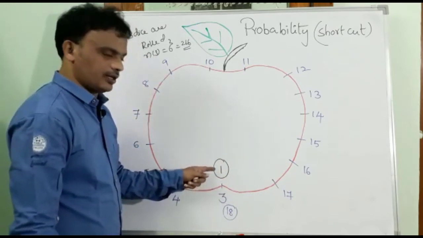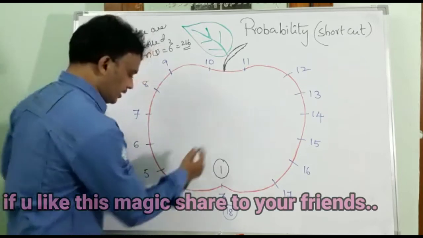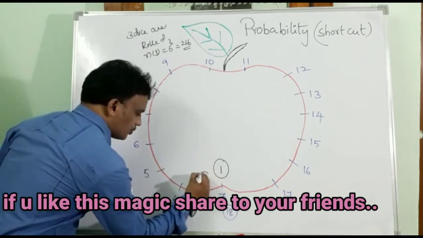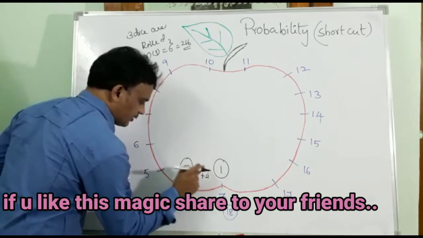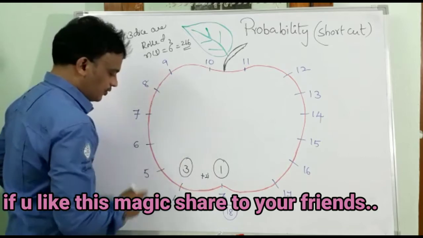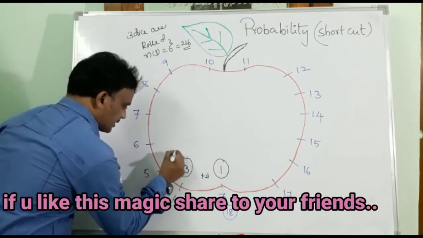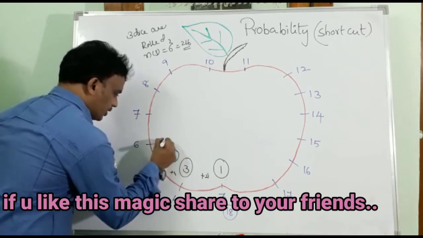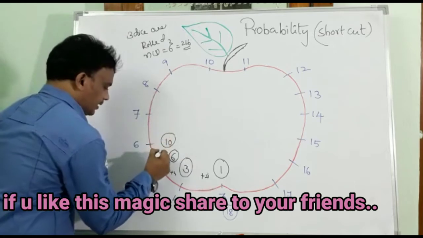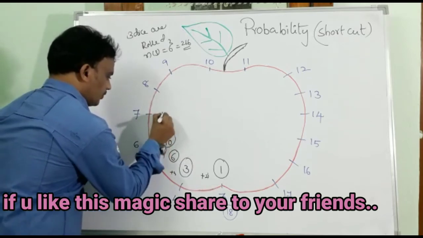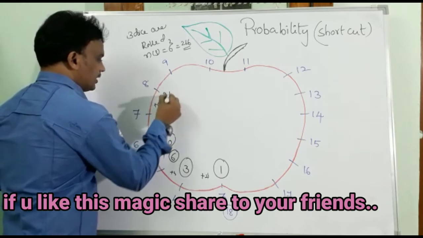One possibility: the sum of the three numbers on the dice is 3. So here 1 plus 2, it is 3, right? It is 3 possibilities when the sum is 4. After that, 3 plus 3, it is 6. 6 plus 4 is 10. Let us see how I am going to calculate this. 10 plus 5 is 15. 15 plus 6 is 21.